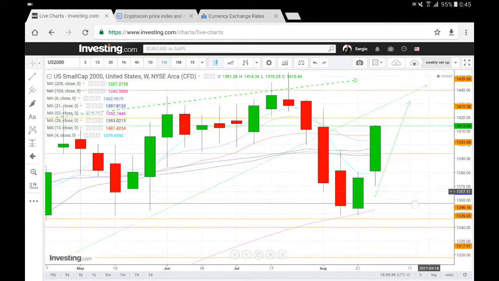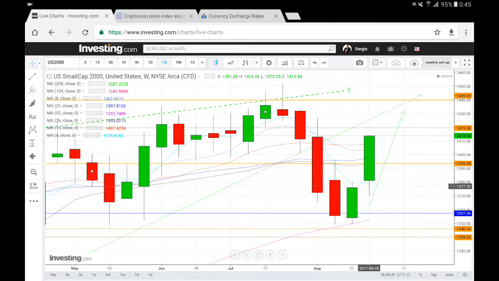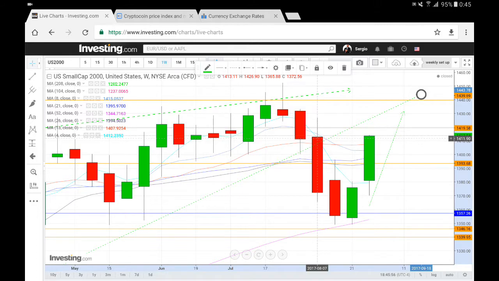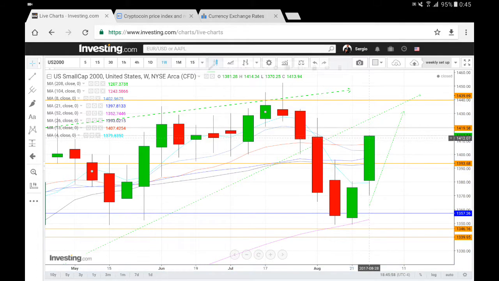Okay, over here you see also a gap up above the 4 weeks moving average. That's your 26 weeks moving average, 21 weeks moving average over here, 4 weeks moving average in red over here. That's your 13 weeks moving average, above all the moving averages here, just at the beginning of that particular bearish candle. Now we are back at